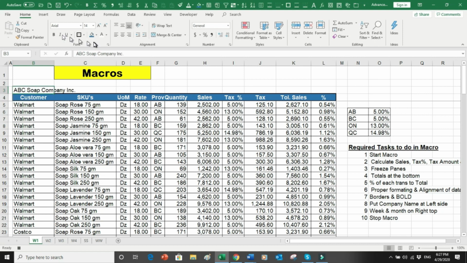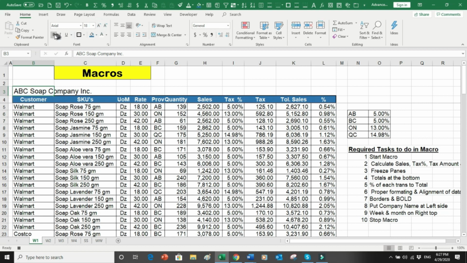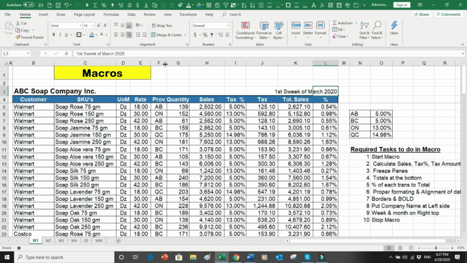ABC Soap Company, and make it a little bit bold. And then last, point number 9 is date. So I can go here and I say this is the first week of March 2020, and make it a little bit of right alignment, and nothing left. So I'm comfortable with that, and I want to save and stop my macros,